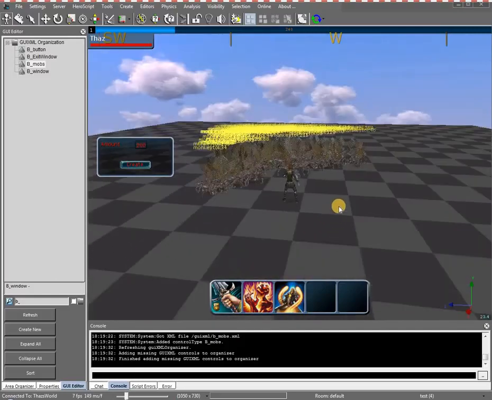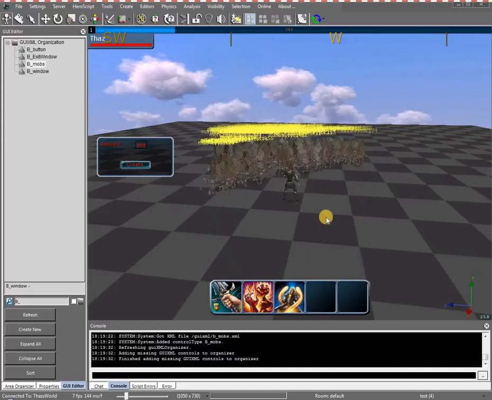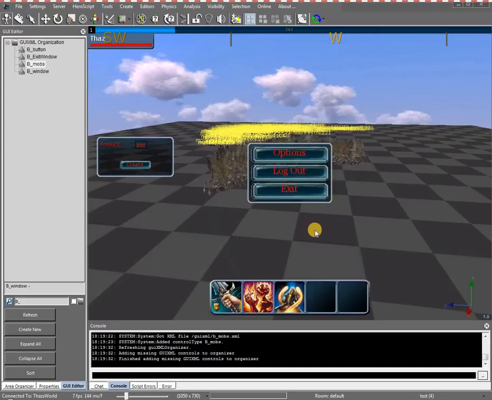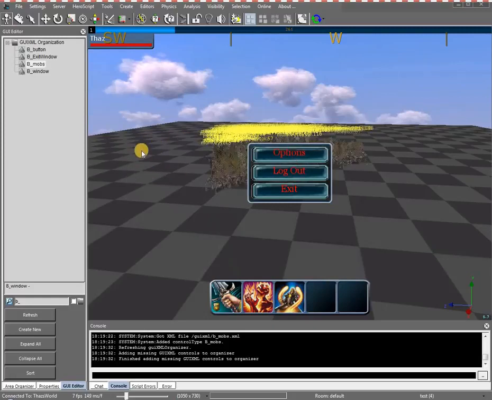So it's capable of quite a lot in the engine. These mobs will stay until you kill them or until this area with this instance shuts down. Escape, bring up the main window, and options will toggle off the mob